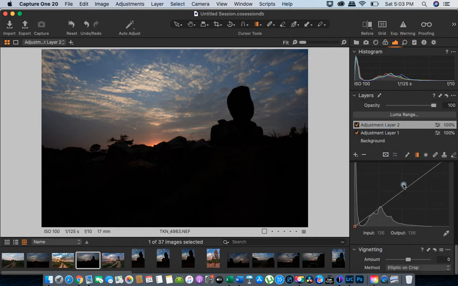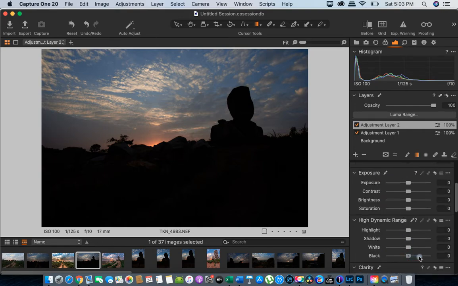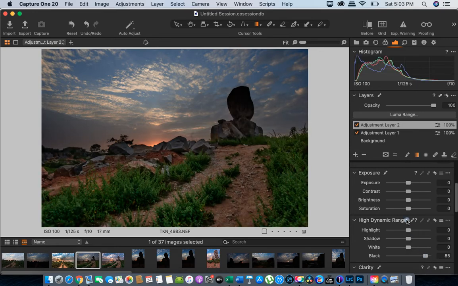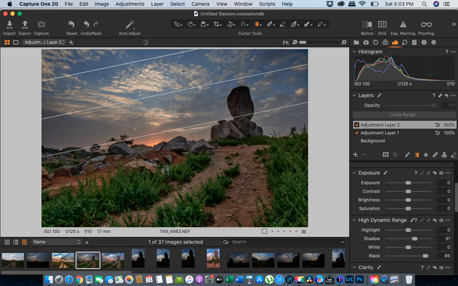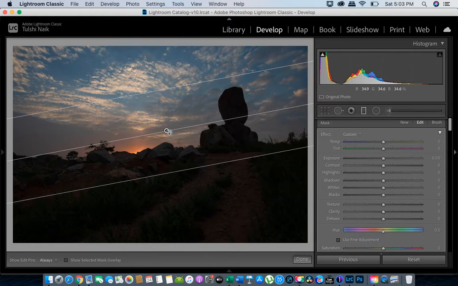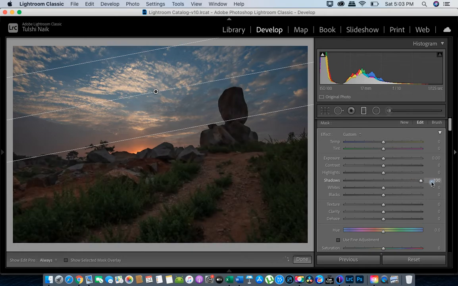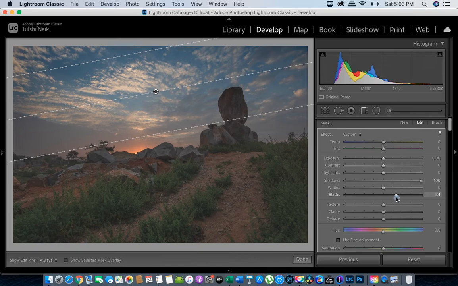So for example, if I come to this panel, let me pull up the blacks a little bit, let me pull up the shadows a little bit. Let's take this slightly more up, so it includes a little bit of this rock. Now in Lightroom, if I take this here and then lift the shadows a little bit, you can see the difference. When I lift blacks in Lightroom, it has made the image very flat. It has completely removed the contrast.